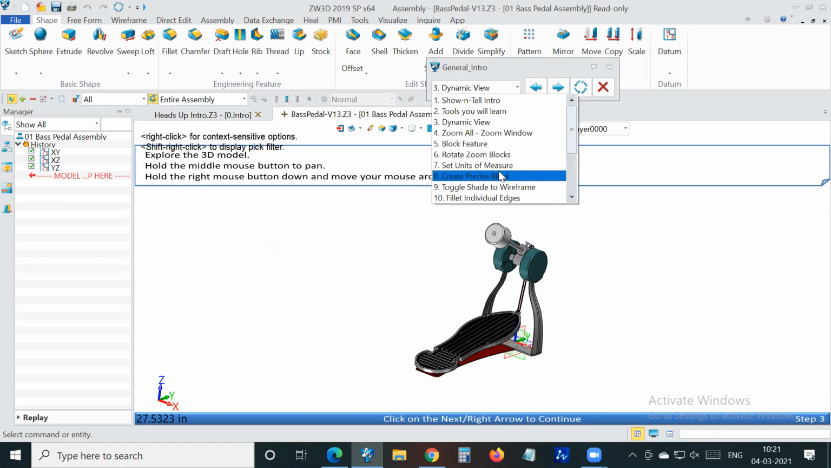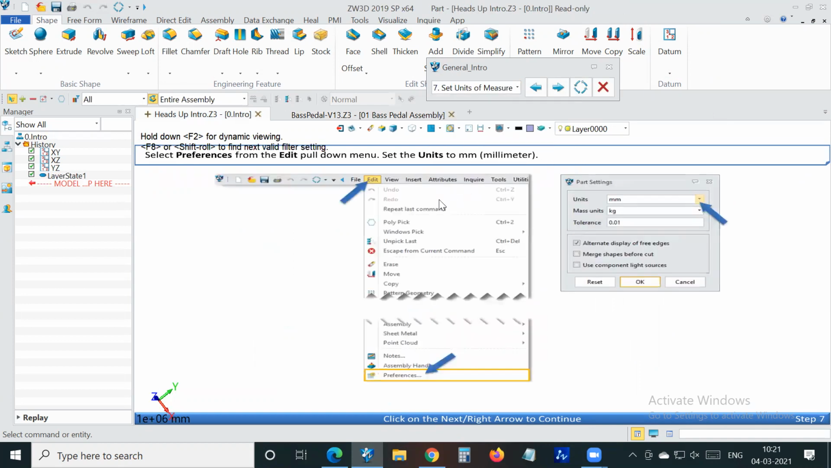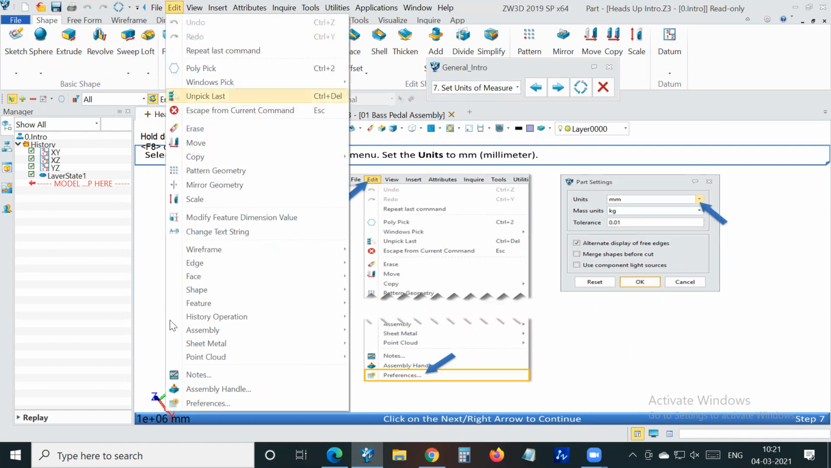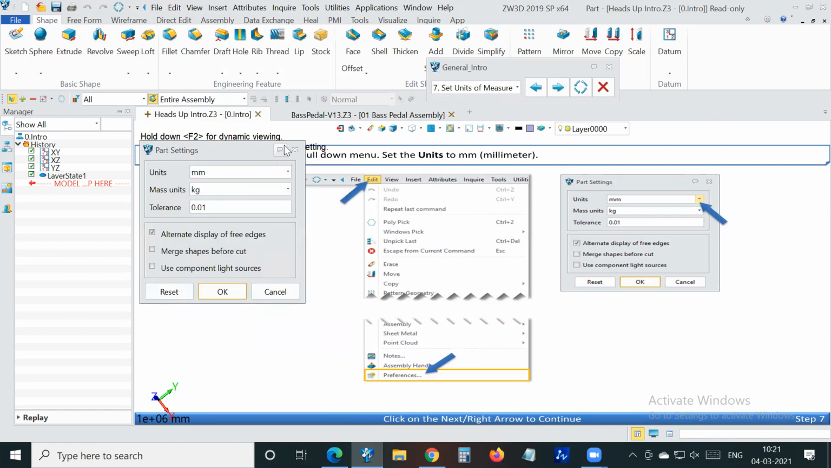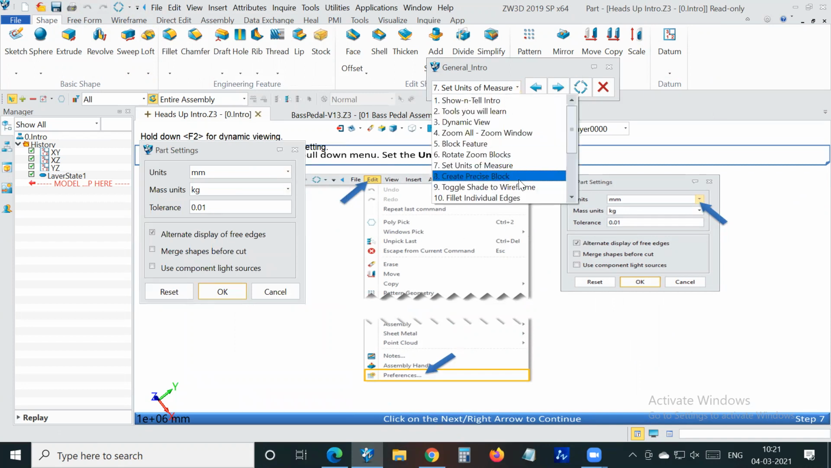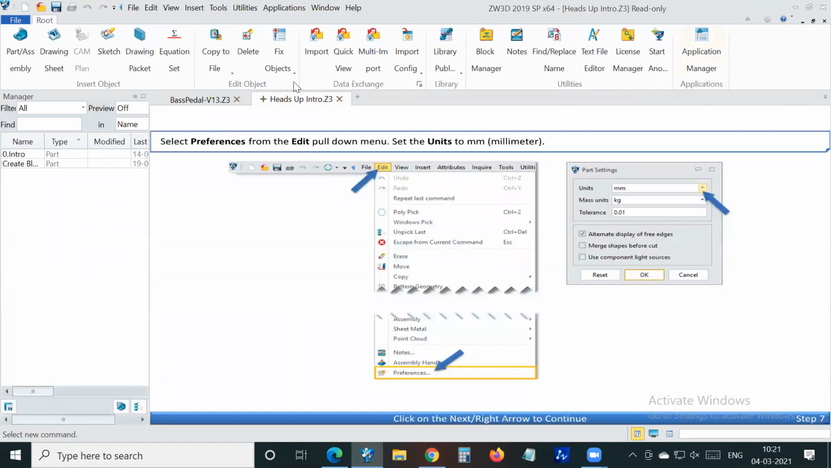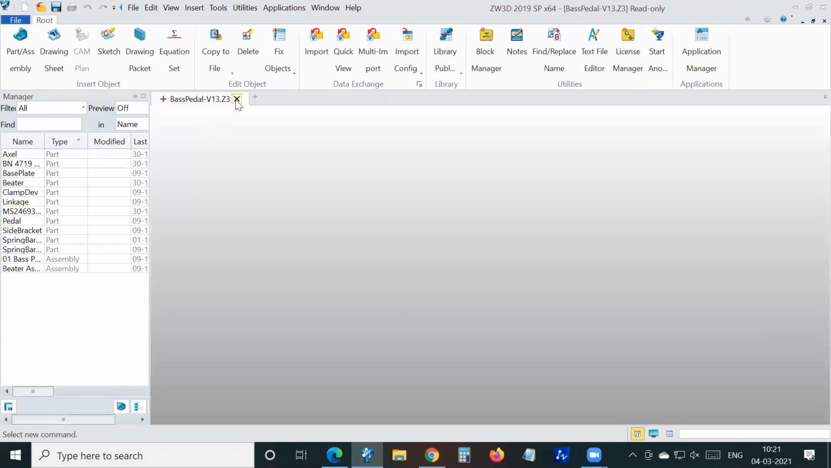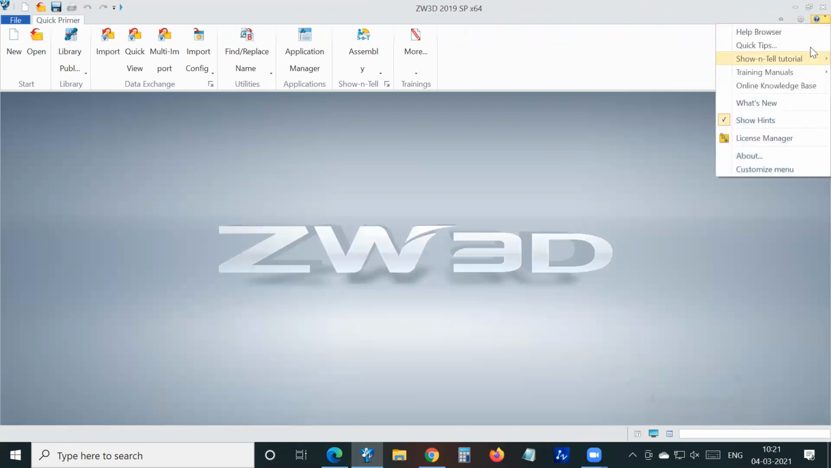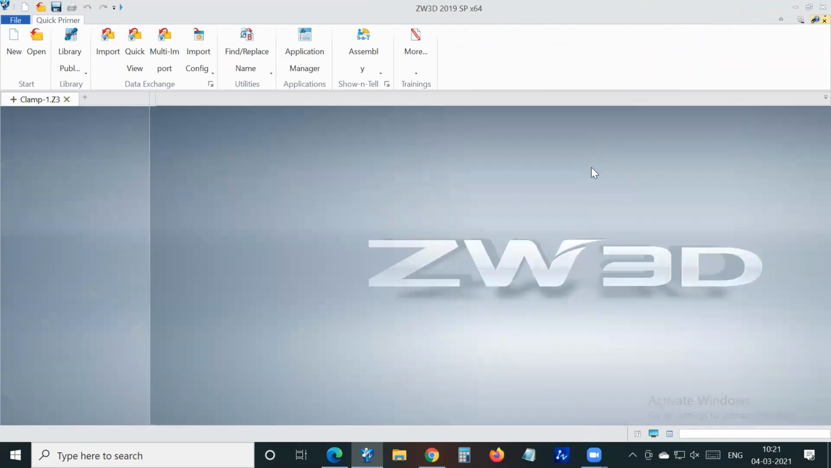For example, how to set measuring units. You can go to the file, edit, and you can see this is the way you can learn the tool. Okay. Then it has a lot of steps available. You can go through it, you can learn it. And the same way, you can use other show and tell tutorials like modeling, assembling, and drafting. For example, assembling